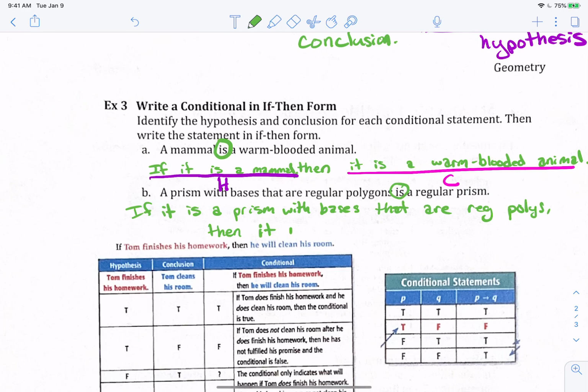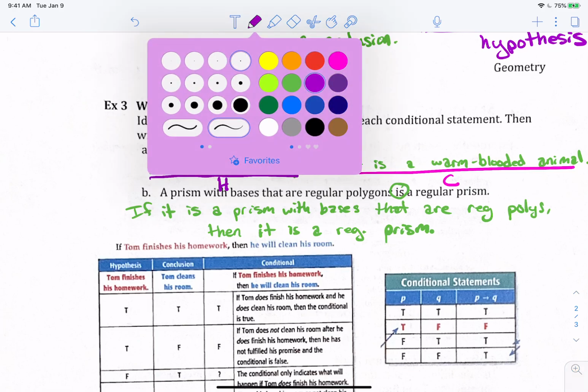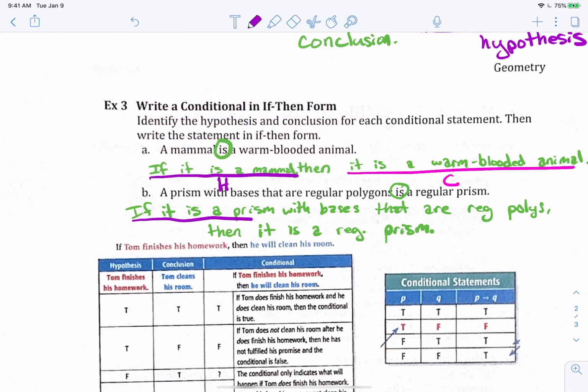George. Regular polygon. Is a regular prism. Why did you say that one was harder? I don't know, because it's got a lot more words. If it is a prism with bases that are regular polygons, that is the